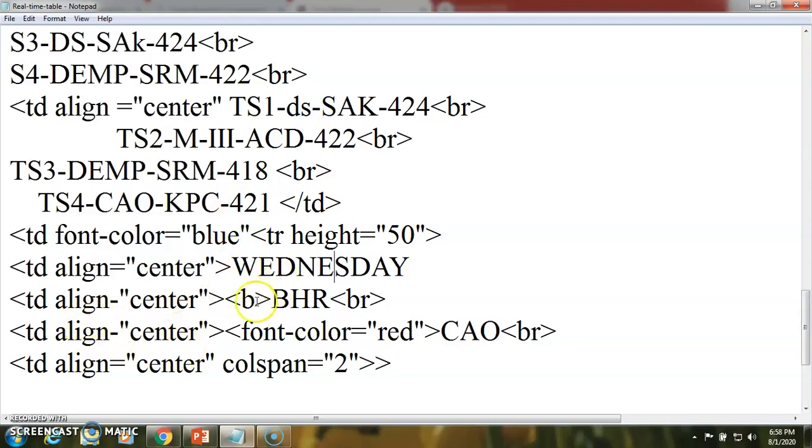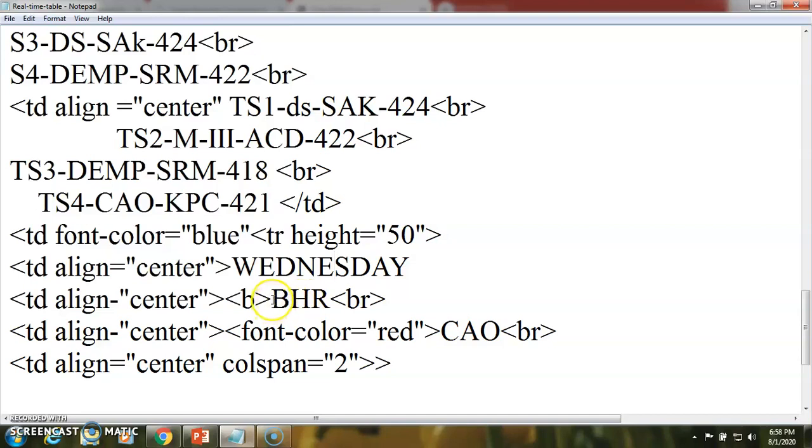So here on Wednesday we can have another slot, that is, we have two subjects in a single cell.